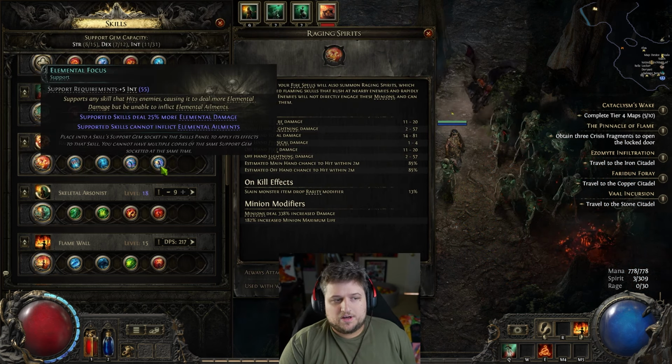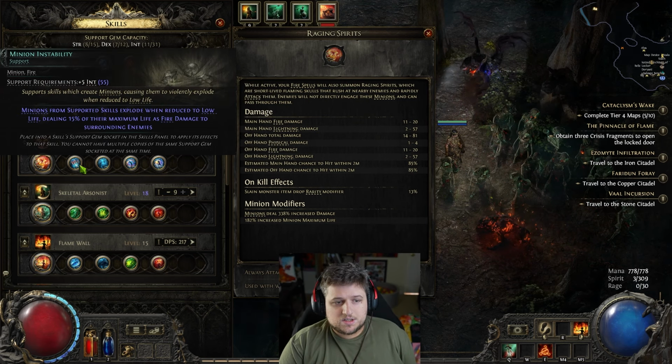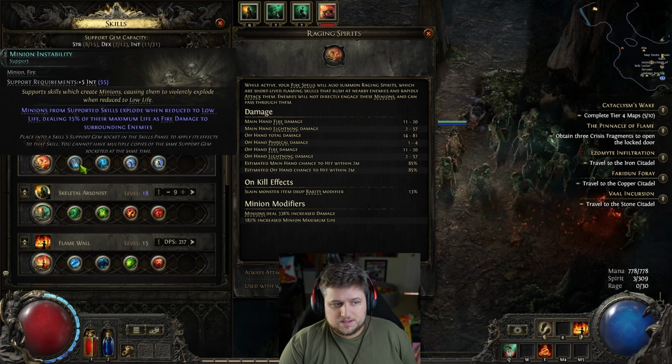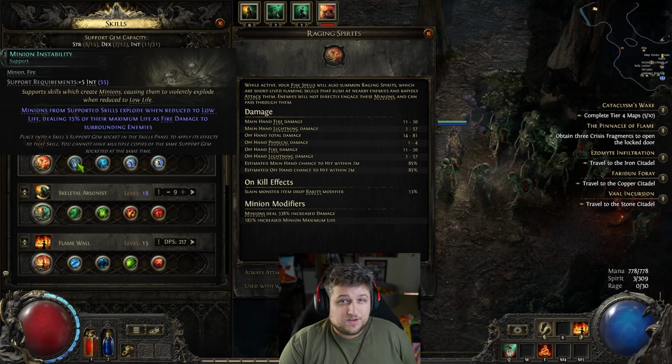What we're currently running on our Summon Raging Spirits, and I am considering changing these. I always thought Minion Instability was good on these Raging Spirits, but my Raging Spirits are dying less and less, even though I don't take any...